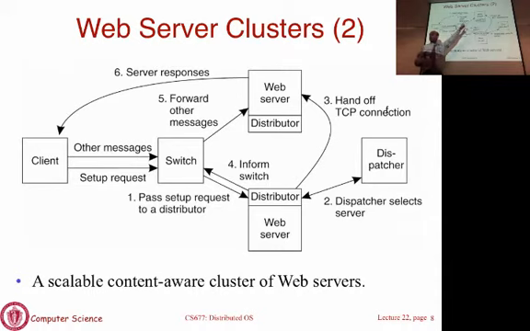So all subsequent requests will then be actually sent directly to the server. The other way to have done it would have been you send it to the switch. The dispatcher is shown as a separate component. Typically, it runs on the switch itself. So you consult the dispatcher saying who should handle this session, and then you map it onto one of the servers. And that state is maintained in a table here. So all requests subsequently that come into the switch are directly sent there. Those are the two architectures. One is where the presence of the replicas is visible. The other is the switch makes it transparent. It handles all of the internal communication.